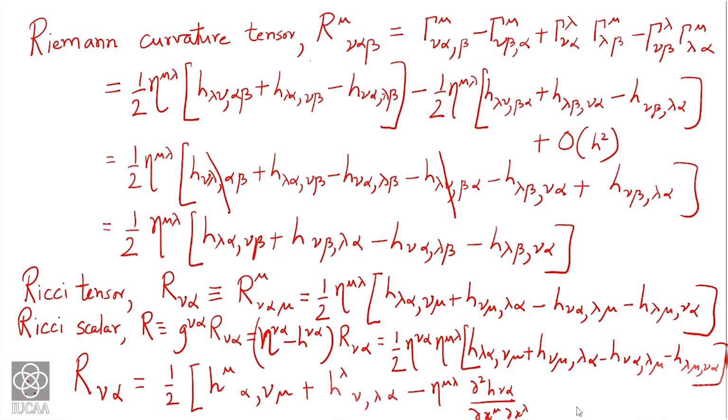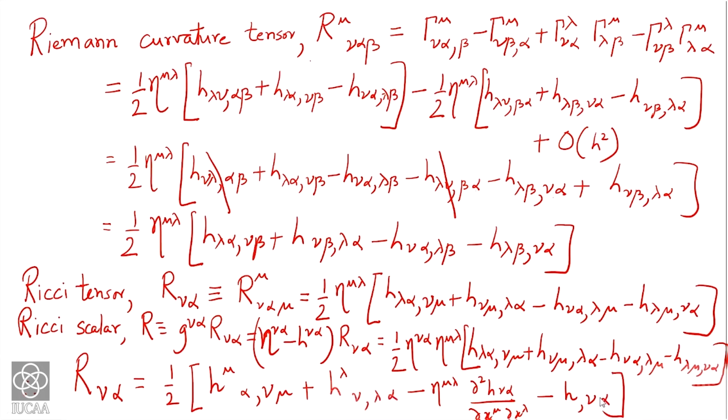Okay. So, this term I have taken into account. Minus eta mu lambda, this object, is the trace. So, this is eta mu lambda, lambda is being summed over, mu is being summed over. So, that is the trace h comma nu alpha,